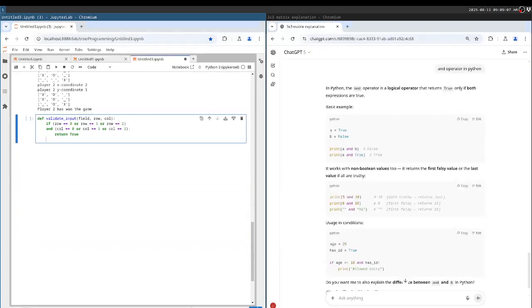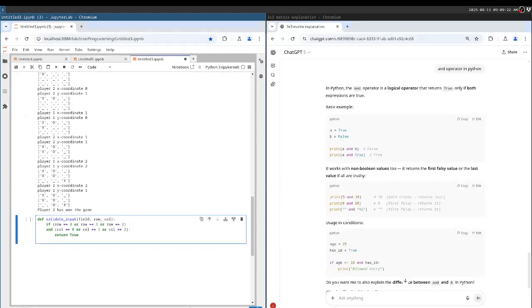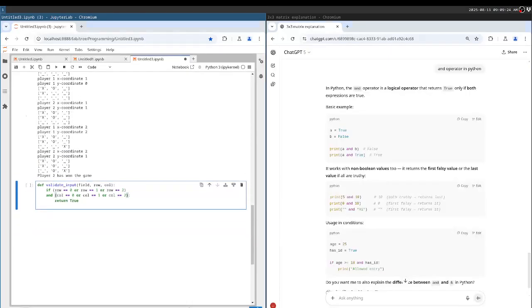This is fine, but we also need another condition. We need the condition to be that the field where the row and column is empty, otherwise it's not valid. So let's just put in another end condition, and field and